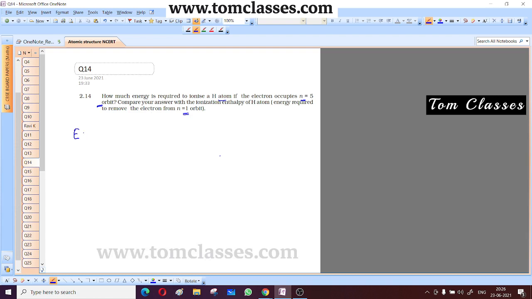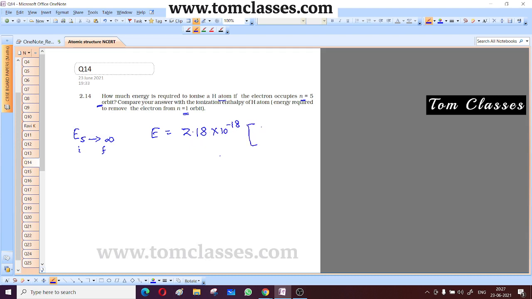So you see that he is talking about the ionization where the electron is in fifth orbit, right? So from fifth orbit we have to take the electron to infinity. So this is initial and this is final. So what will be the energy required? Energy required will be, you can say, minus, again this is 2.18, we'll take it as value because that is a scalar. So 2.18 into 10 to power minus 18 joules. And since there is only a hydrogen atom, Z is equal to 1. Otherwise Z square by n square comes into picture.